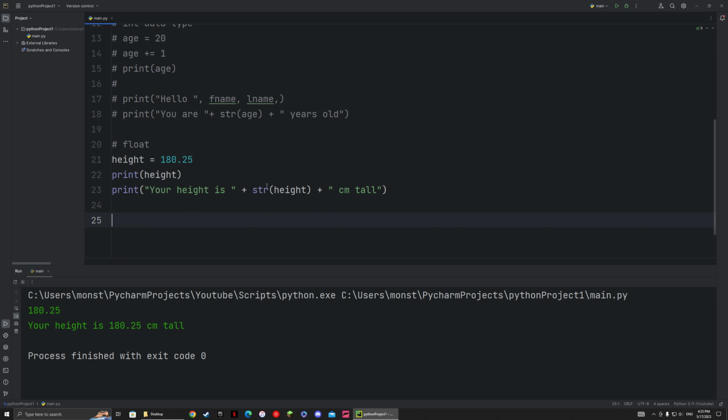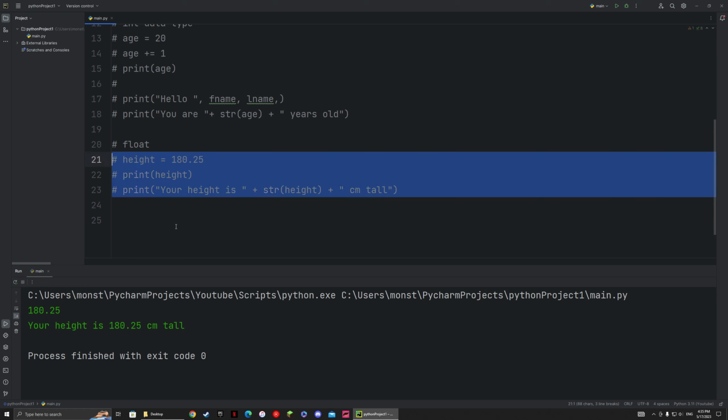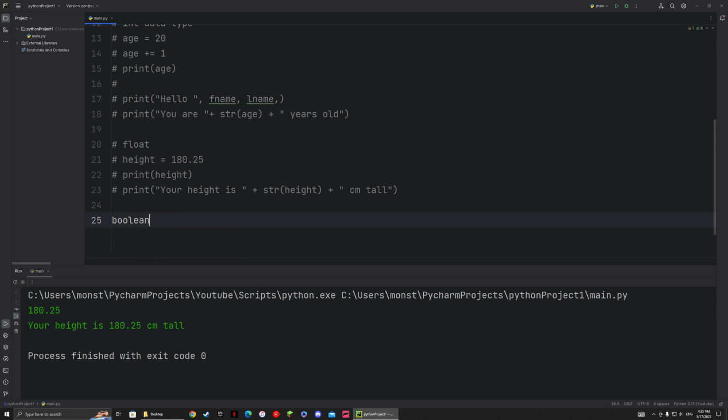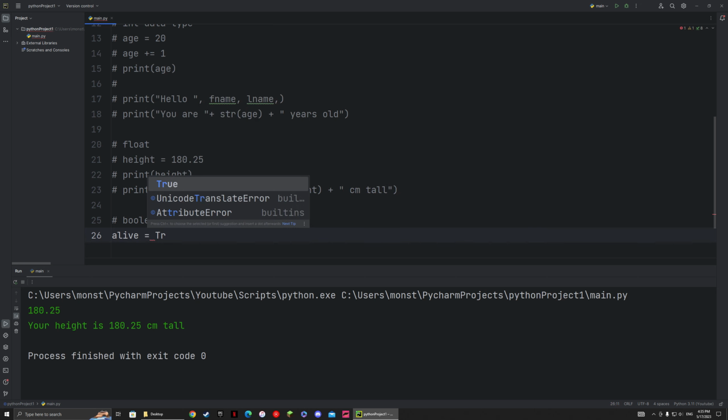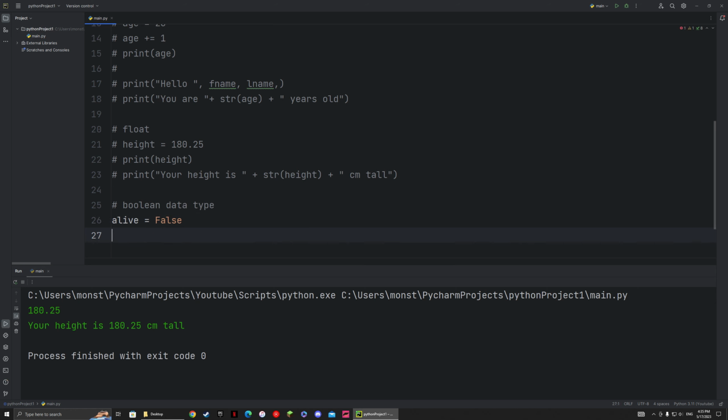There's also one more, which is the Boolean data type. There are many more actually, but these are just the main ones that we use. So the Boolean data type is basically just true and false. So for example, are you alive? You can set it to true, or you can set it to false. So basically you can say print